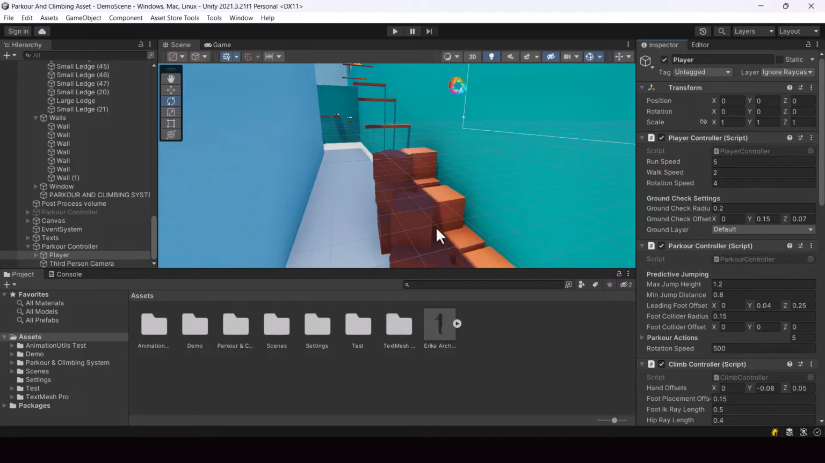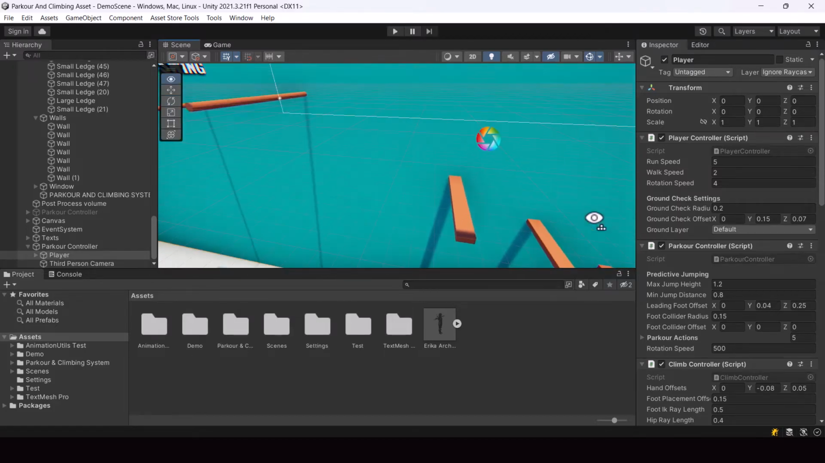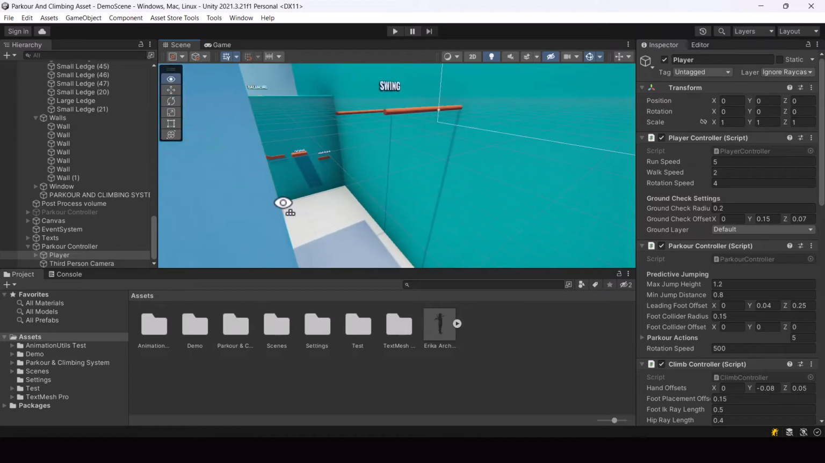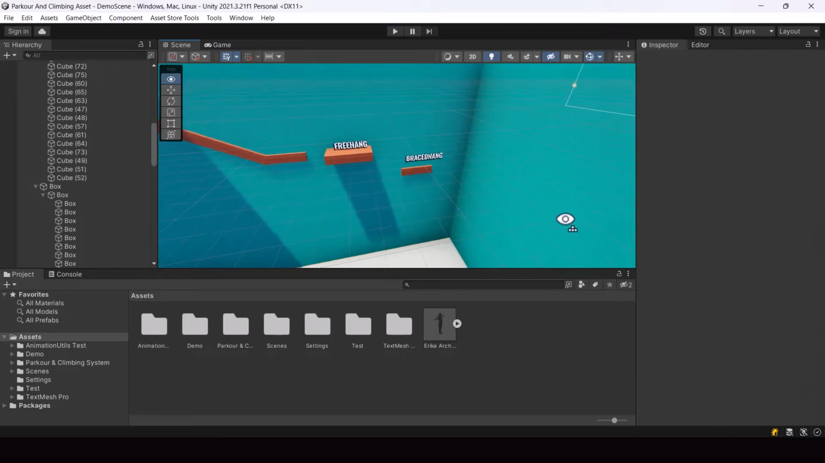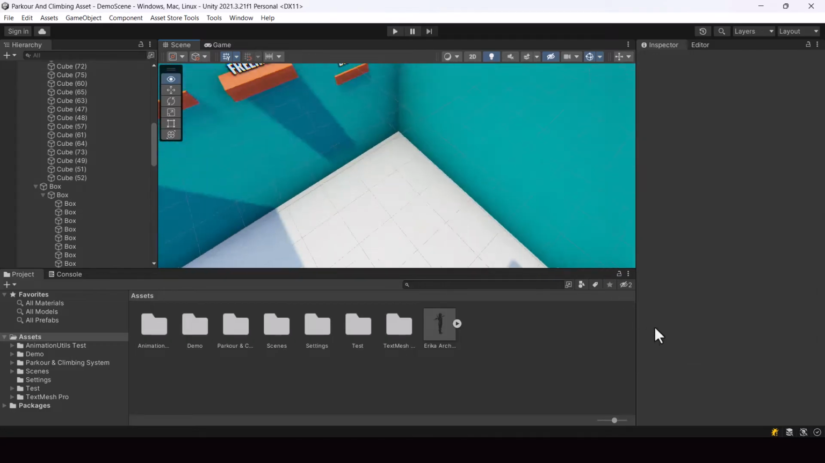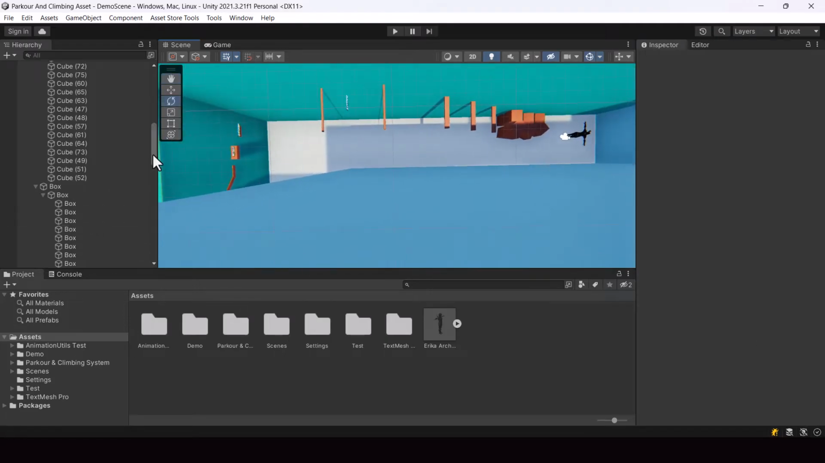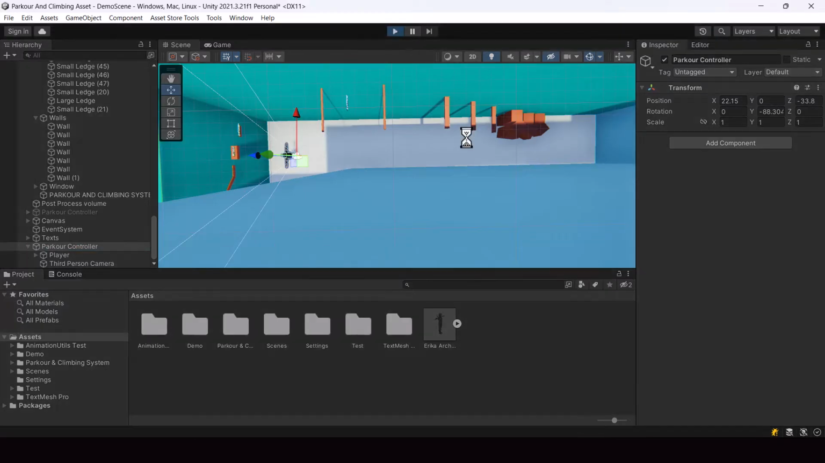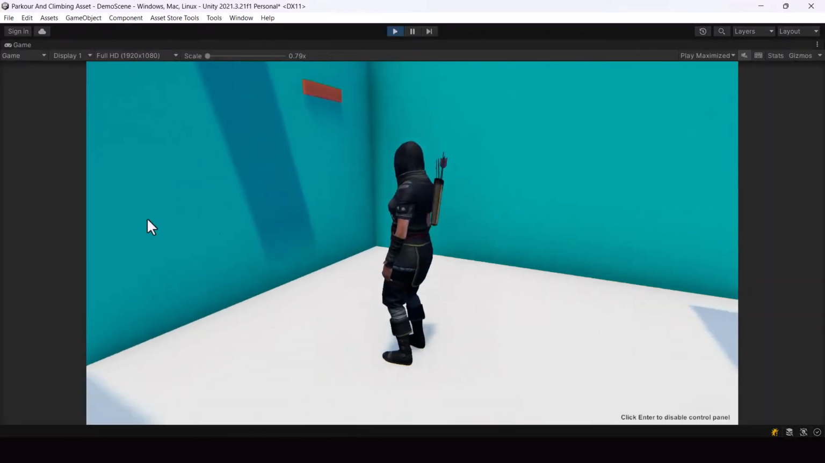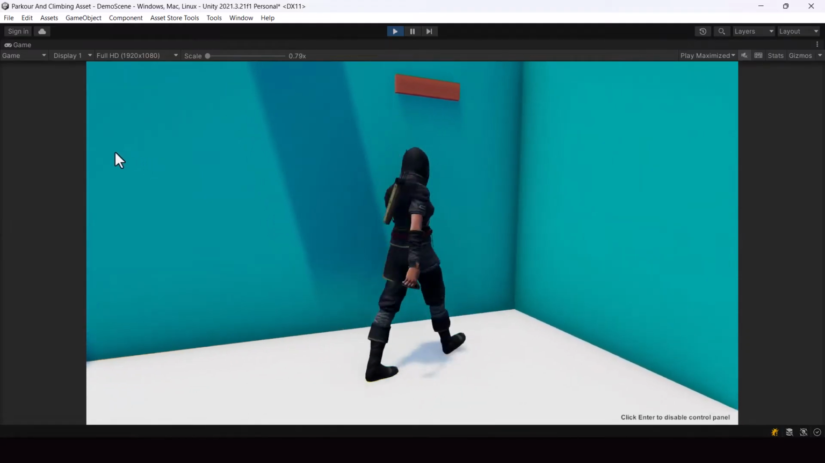All right, so we were able to make our player perform the parkour actions, but the player wasn't able to jump and swing from here. We'll be setting that up soon, but first let's make the player climb on these ledges. So let me bring my player here just to save time. All right, and right now if you try to climb on these ledges, you can see that it's not working,